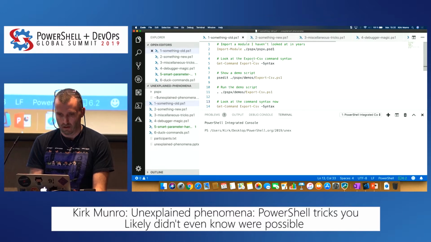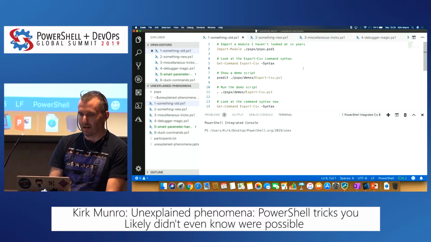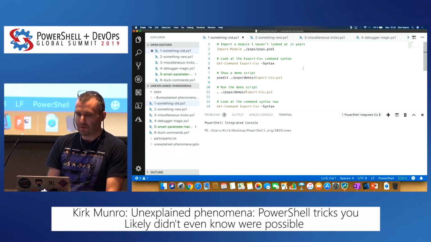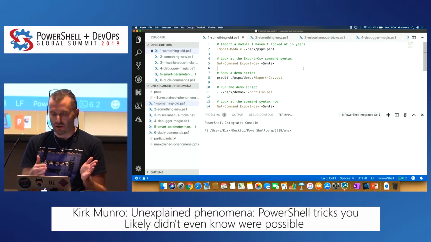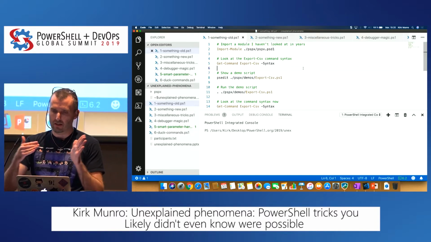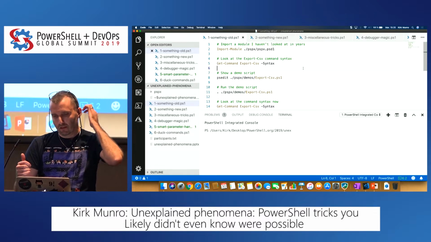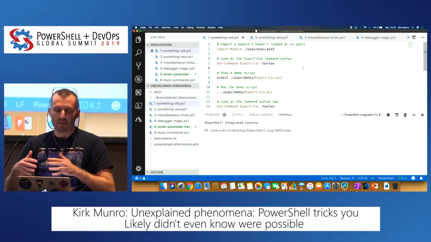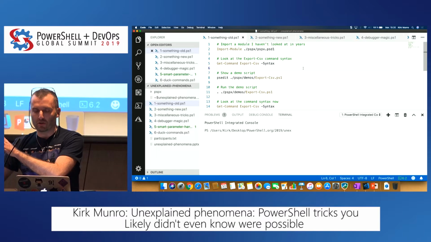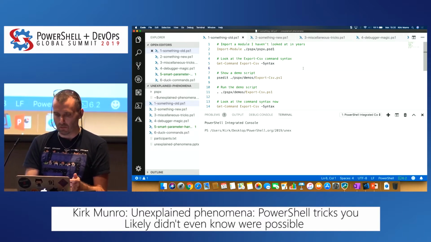So let me flip over to the first. Here we go. So something old. I wanted to show this because it was a fun project that I did years ago, more when I was on the PowerShell side of the fence and not quite so much in getting into C# yet. And there's lots of instances. I mean, this predates open source PowerShell, and so we're in a different world today, but still it's a fun solution to highlight what you can do with proxy functions.